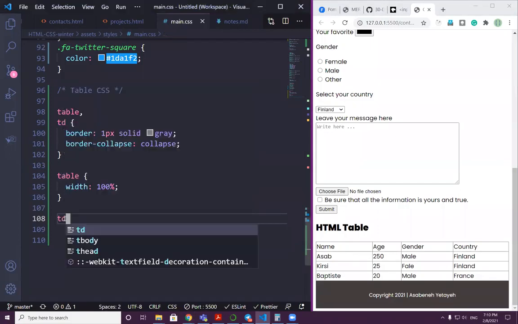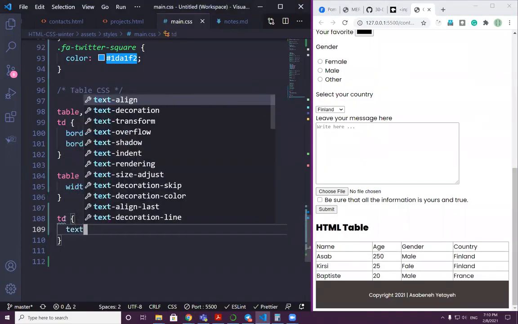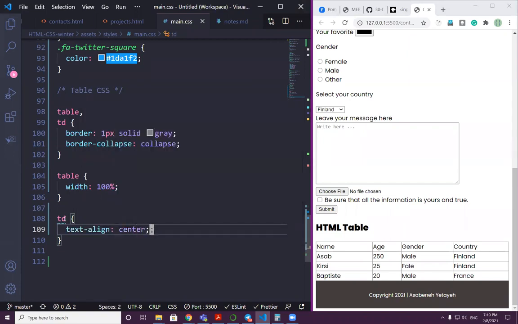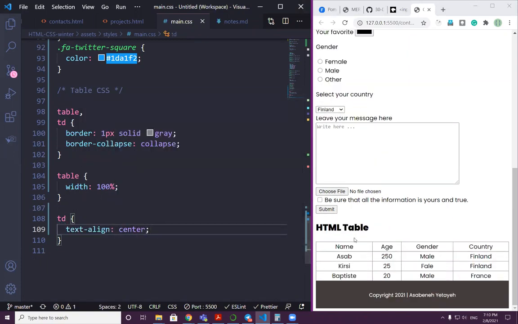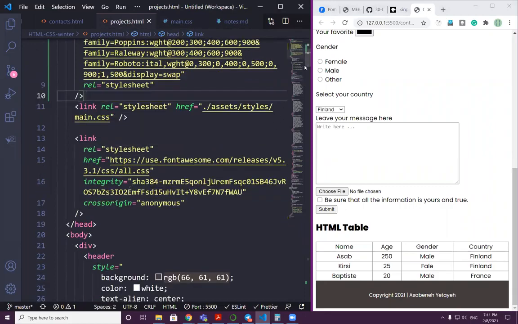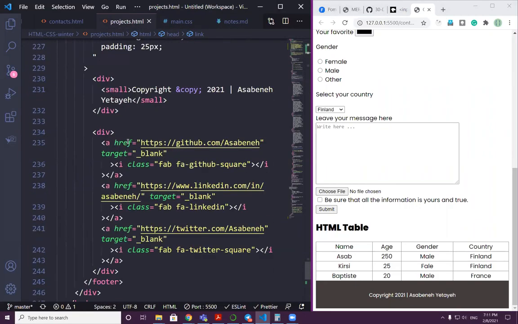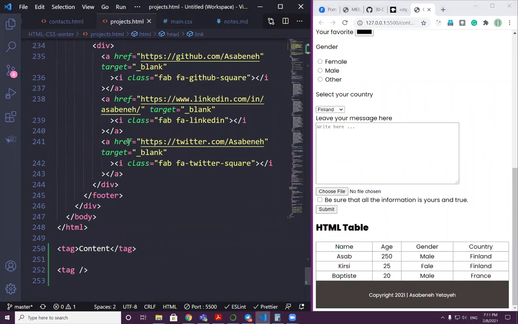TD, text align center, for instance, it's to the center, yeah. But still, if you have seen, this is the header, right? The header text and the other cells text are the same. Let's make it different. Actually, in HTML, we have a way to